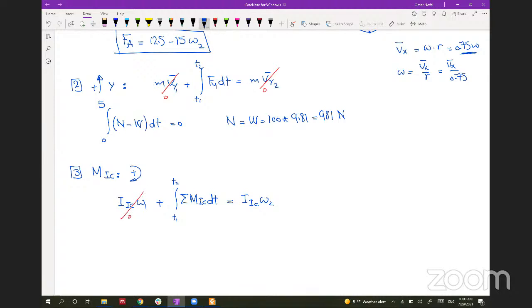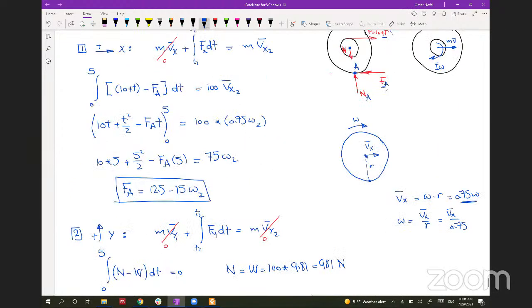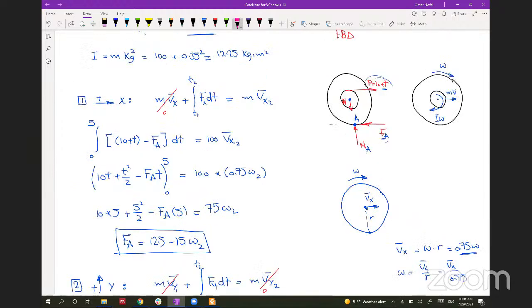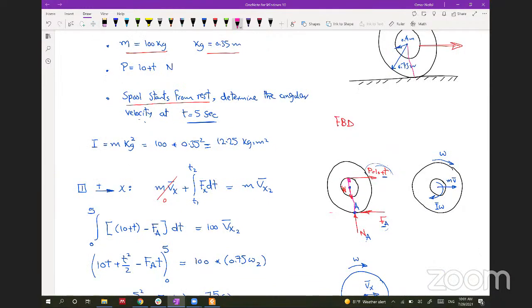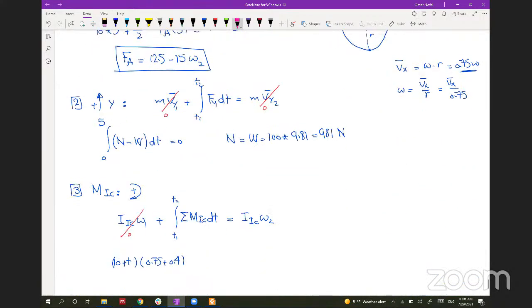And let's get the moments. We only have one force, which is P, sorry, it's 10 plus t. Let's put it directly: 10 plus t multiplied by 0.75 plus 0.4. Why? Because if I'm taking the moment about this point, I need to account for this arm, and this arm is equal to the big radius 0.75 and the small radius 0.4. So this is the arm of this force,